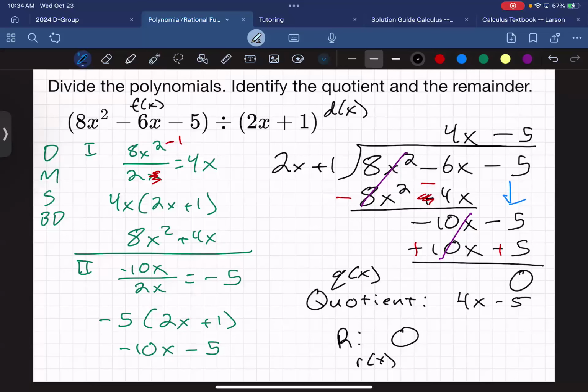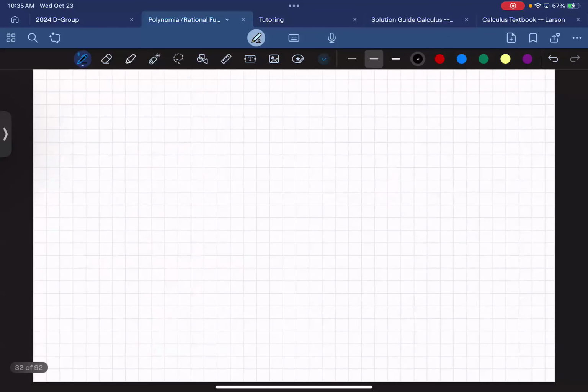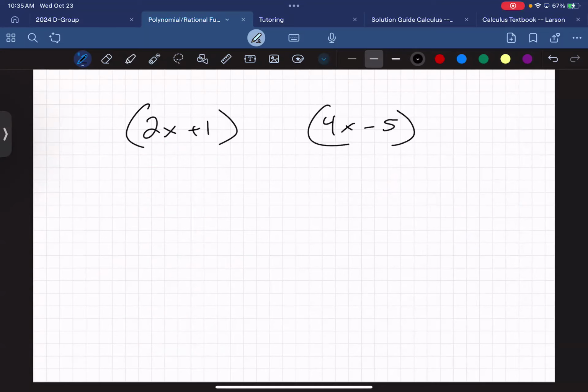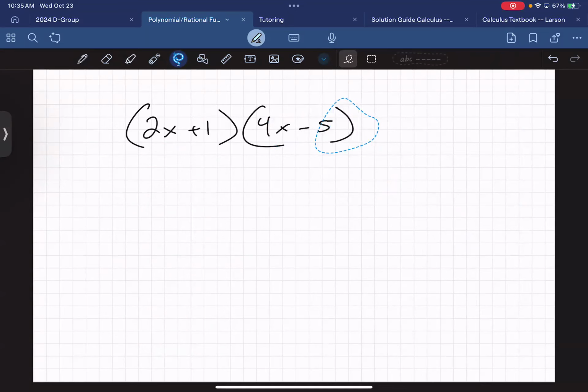What do you mean plug it back in? So we divided by 2x plus 1, and we got 4x minus 5 as our quotient. What can we do with them to check that we did the division correctly? Multiply them together, right? Put parentheses around them and multiply. If we do that multiplication,